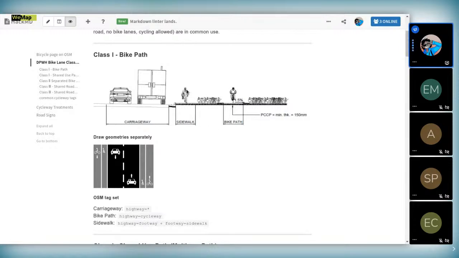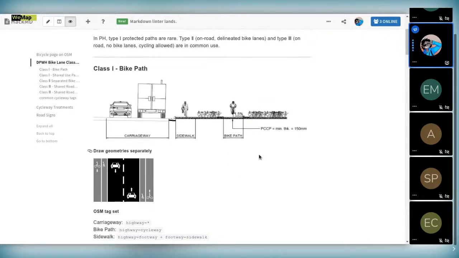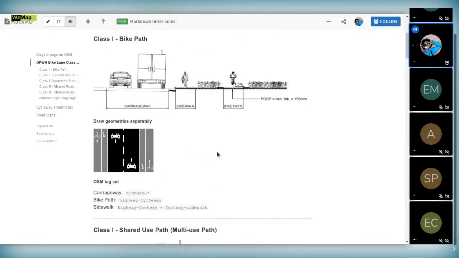Pero on the road itself, there are painted markings to tell them. So ang mangyayari kung katulad sa Taiwan, hindi nyo na kailangan mag-drawing ng separate na line to represent the sidewalk. Yung bike path, magiging yan siya, highway is equal to path, and then footway is equal to designated. Ibig sabihin may lugar para sa pedestrians, and then bicycle is equal to designated, meaning may tamang daanan din para sa mga cyclists. But since we don't have that, I'm just giving you an idea what you can do in case